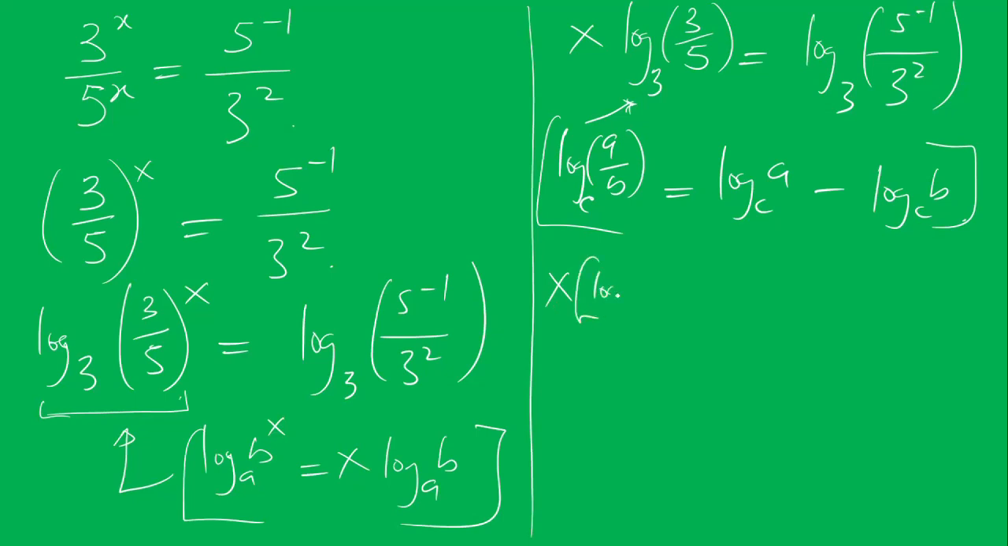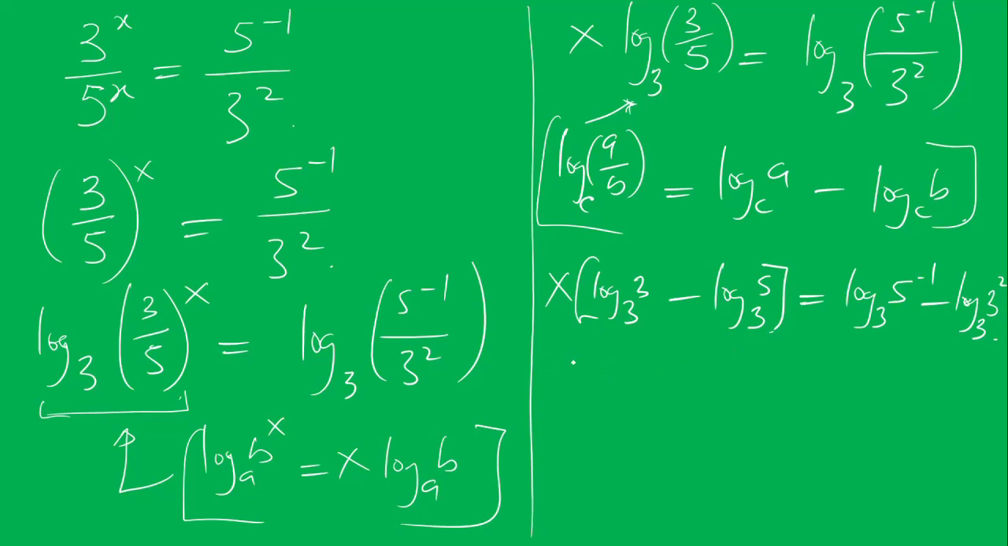Expanding that, you have log 3 base 3 minus log 5 base 3 is equal to log 5 to the power of minus 1 base 3 minus log 3 to the power of 2 base 3. Now, from what we have now,